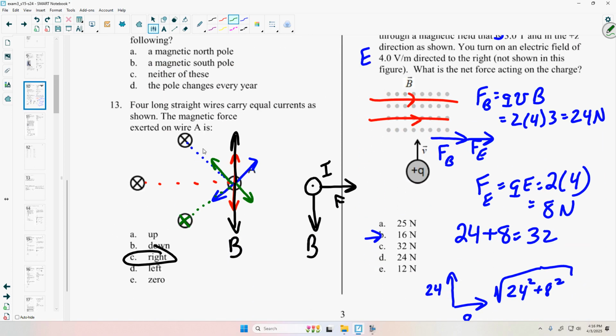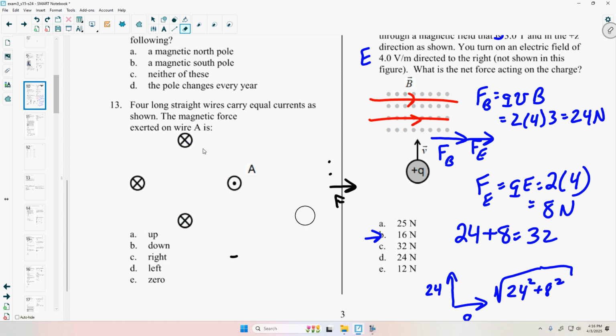Okay, let me erase this. Students have trouble with these. Don't think you're alone. I've had a number of students come to my office. So this is a slightly more complicated one, but the process is still the same. I have 4 wires. These 3 wires generate a magnetic field at this point, where this other wire is. I want to first determine the magnetic field generated by these 3 wires. That's my first step. And I can do the same thing that I did earlier, where I imagine a radial